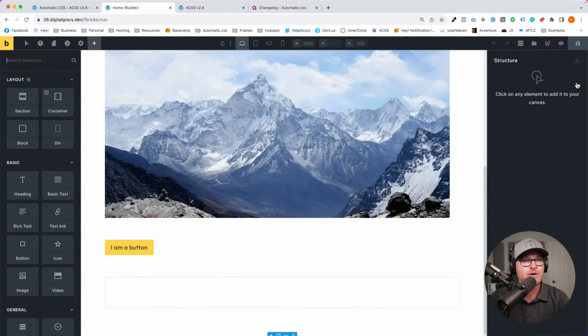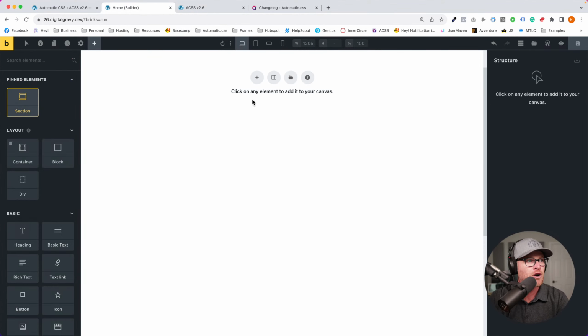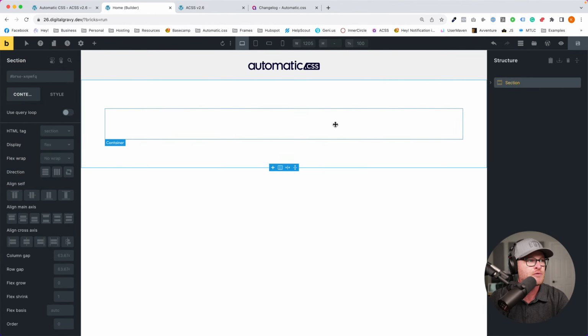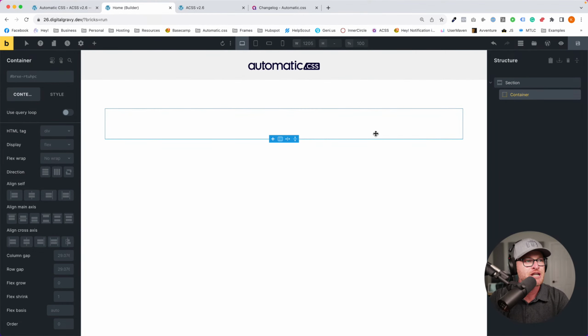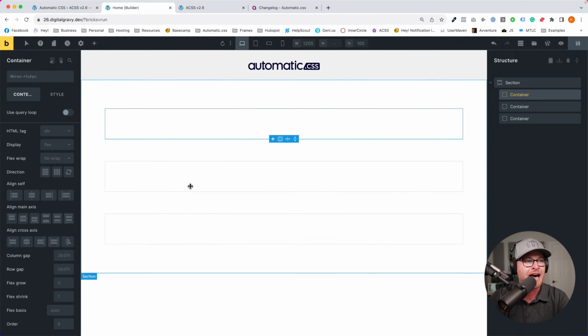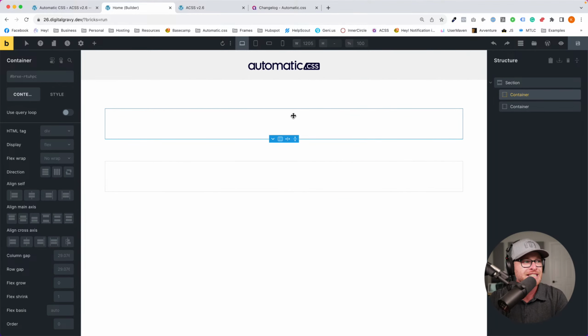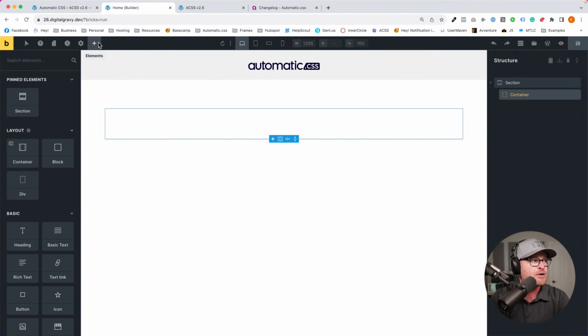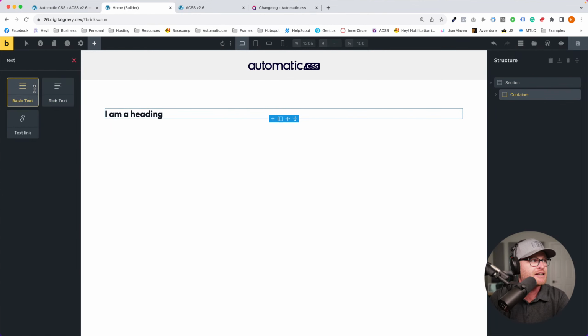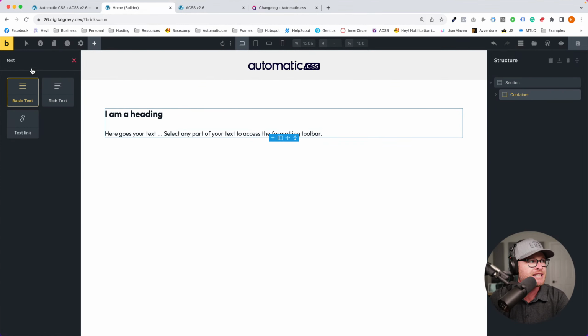If we go back to a blank slate here, don't worry, I already know what the questions are going to be. We'll talk about them. So here's my default section. I'm just going to start duplicating this, and suddenly now, all of my things want to socially distance automatically. If I put a heading in here and I put text in here, it's going to automatically social distance according to my content gap.